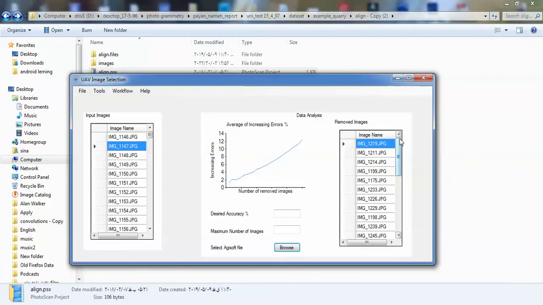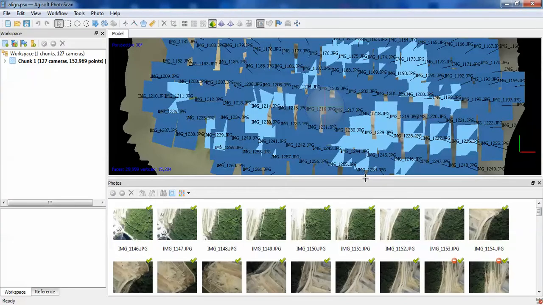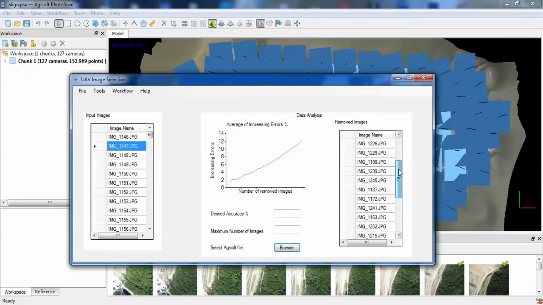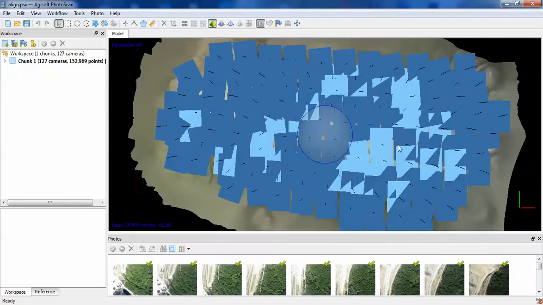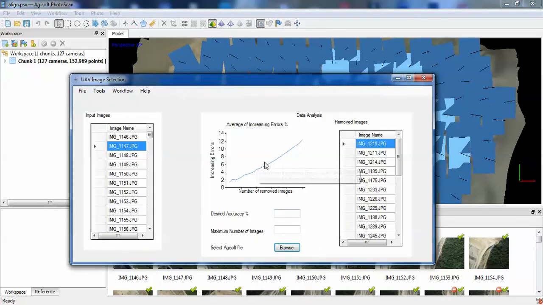We can see some images were selected by our software, and after disabling these images, we predict there wouldn't be any gap in our 3D reconstruction, and the increasing error is